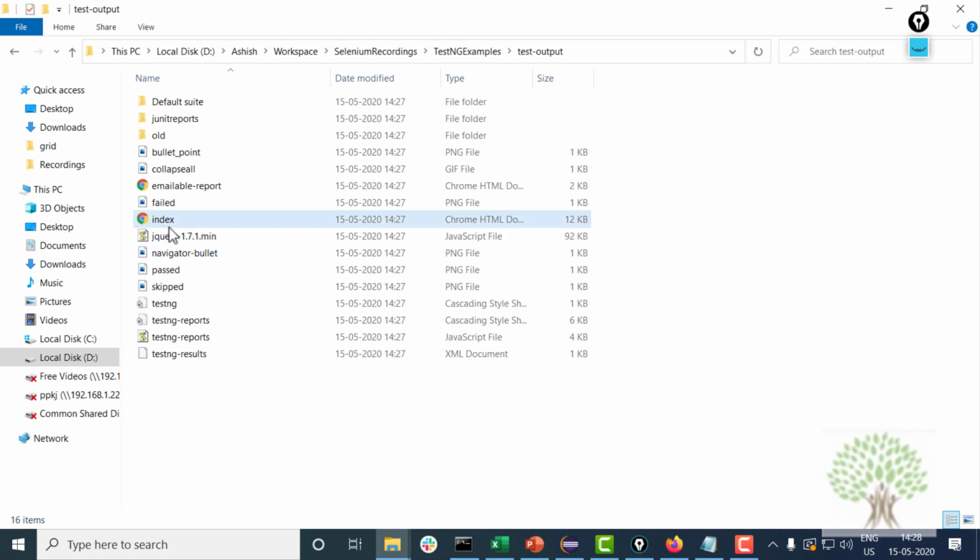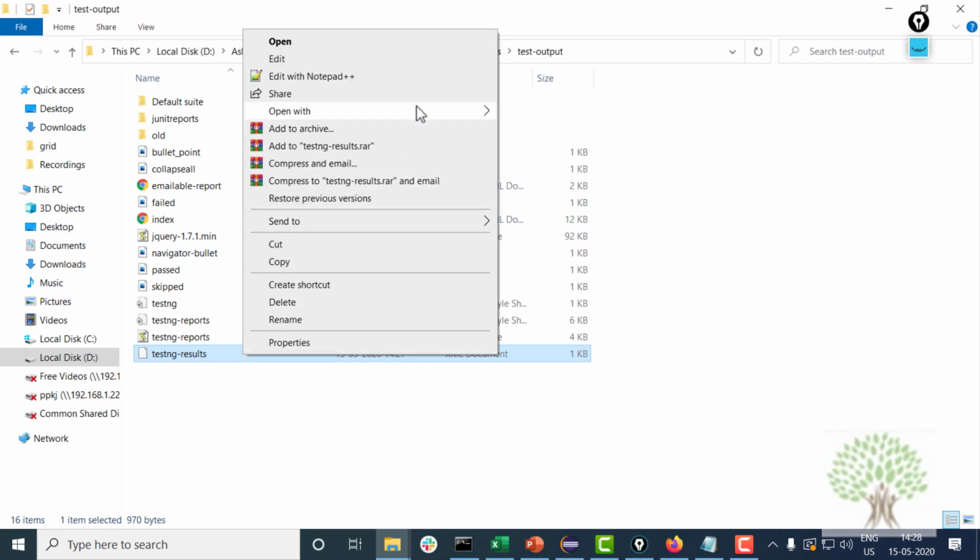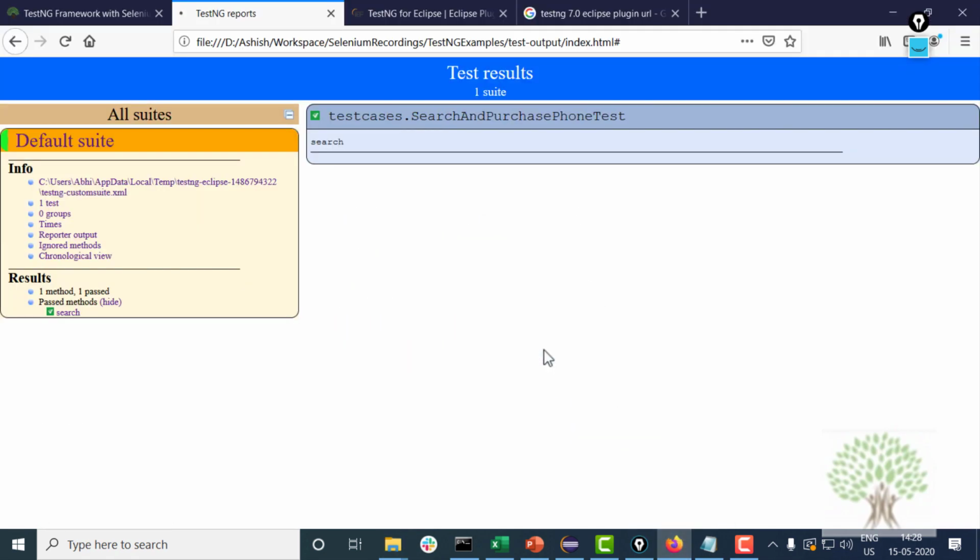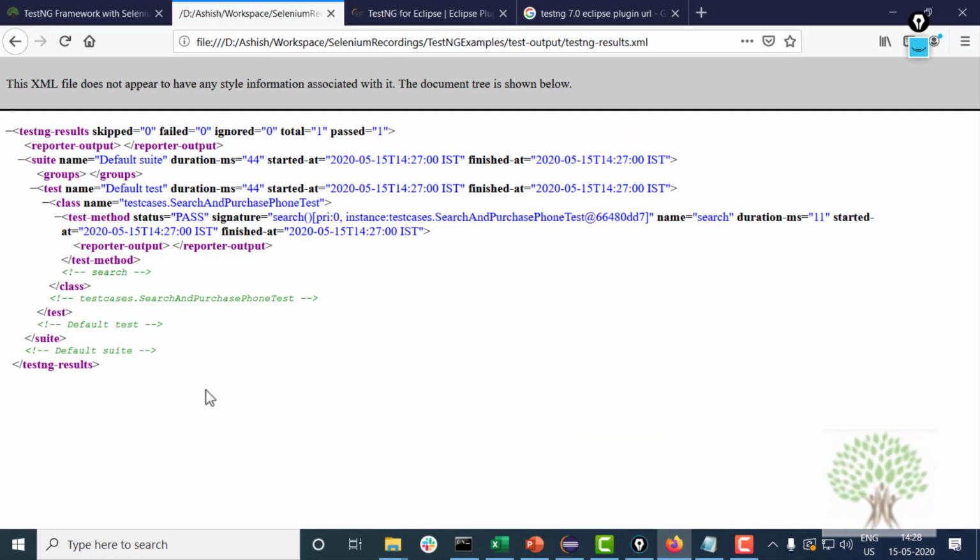Fine. Now once this test output folder has been opened, it's got different things in it, a lot of things. First of all, you have this XML file which is important. This has got the test results in form of XML, and at times if you want to generate reports in some better format, you can use this XML file to do it.